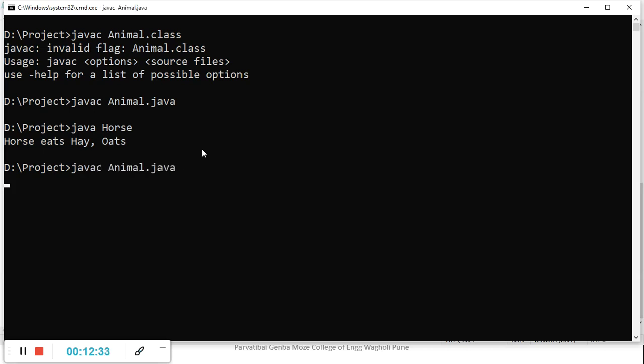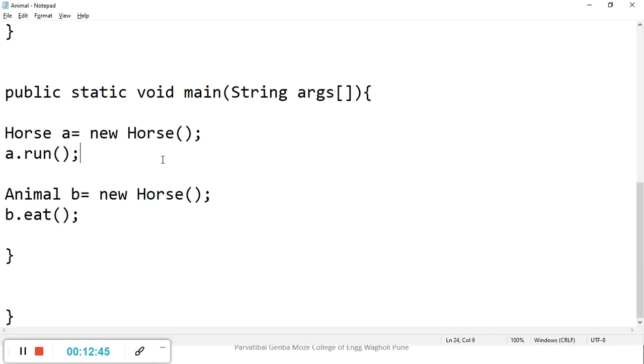So we will check this, java Horse. Run faster, Horse eat. So for this a.run method runs,